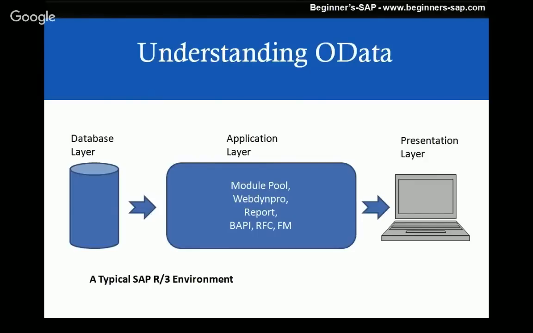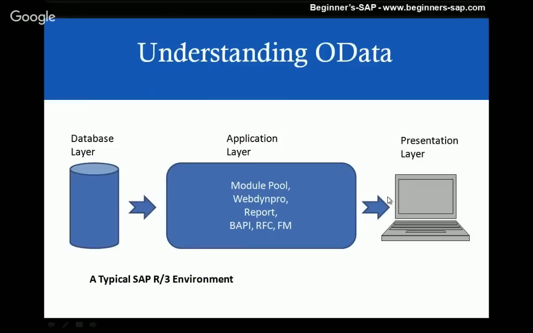This three-tier architecture works very beautifully, but the problem is that it needs a dedicated line, a dedicated connection. If you are at home, you must be using Citrix or some kind of VPN to log in. But unfortunately, the internet is not reliable. It's not a dedicated connection. If you're logging in to Yahoo or similar sites, it's not dedicated, so you cannot run business applications on that.